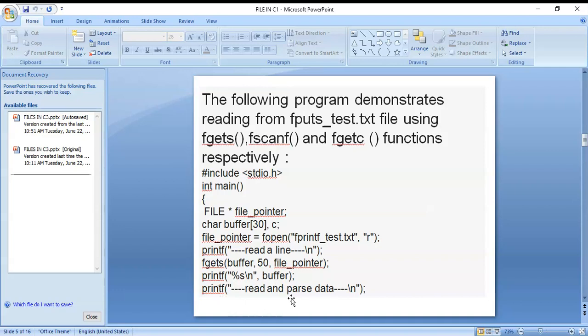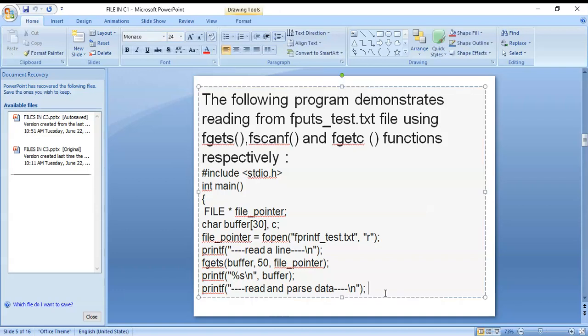printf read and parse the data. For parsing the data we use the fscanf function. To read a line we use the string function fgets, and to read a single character we use the getc function. Parse means reading and parsing the data, for which we use the fscanf function.